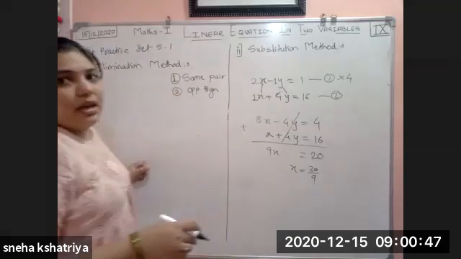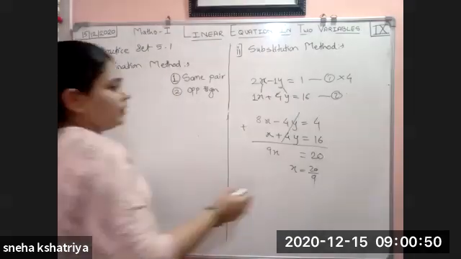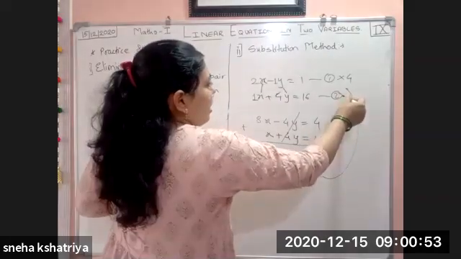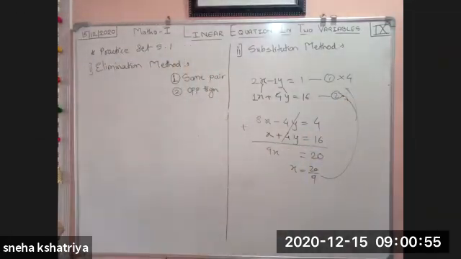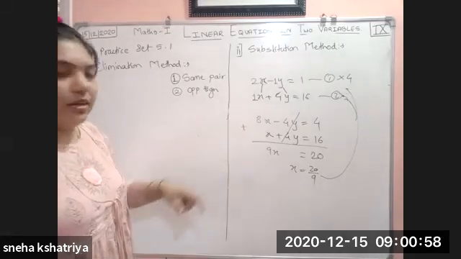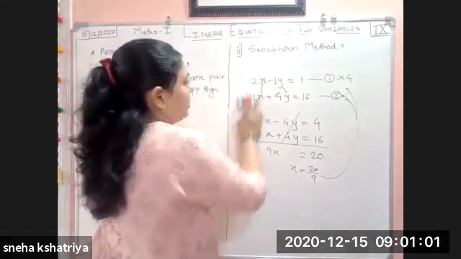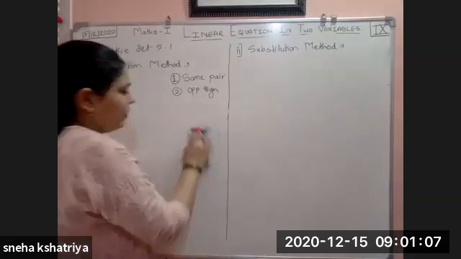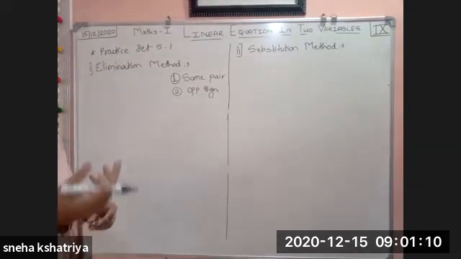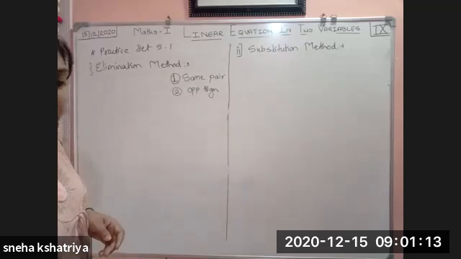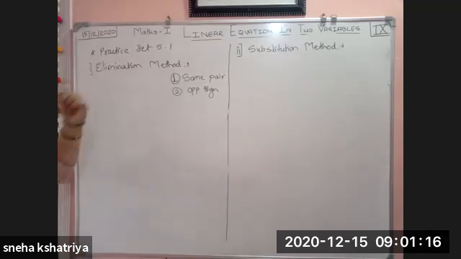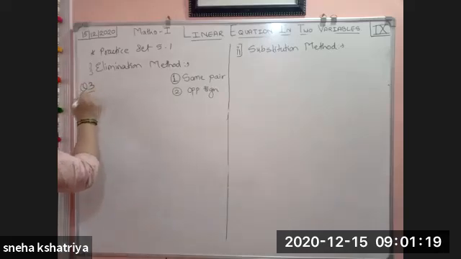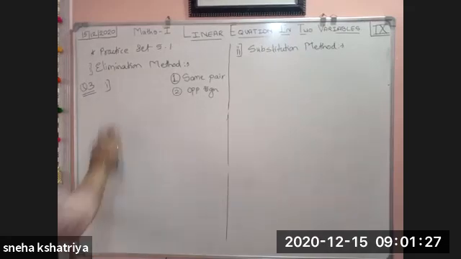Remember, here the x value becomes 20 upon 9. That value we can put in any one of the equations and we will get the value of y. This is a random example I have taken for understanding purposes. So this is the elimination method. And what is the substitution method? From any one equation, we find the value of one variable and put it in the second equation. Using this, we have seen the first example, question 3 of your Practice Set 5.1. The first example we have already done. Now we are going to see question number 2.